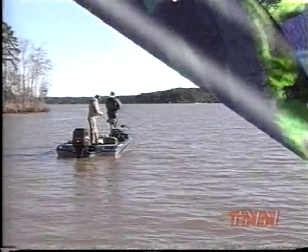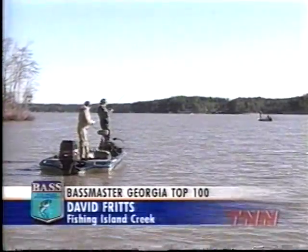Runs from that bank right there all the way out past those buoys, and it makes a little hump out here. But you notice that I'm fishing the back side. I'm fishing between the hump and the point, and there's a flat spot. It's about 5 foot deep right in there. And these fish are migrating. They're going right up there in that pocket. And that's where,